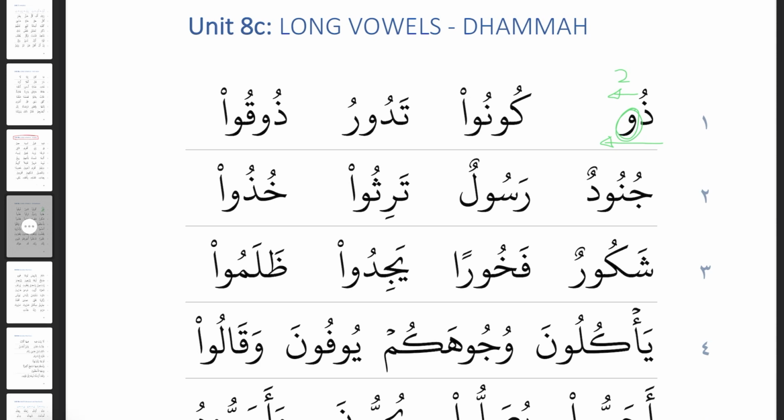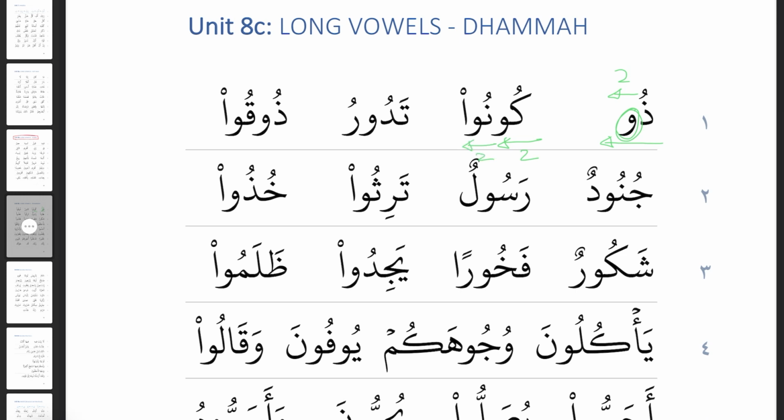So I think you'll pick this up pretty quickly, but let's go through the page, and all this practice hopefully should make it a very certain concept for you once we finish the page. So we have a kaf with a Dhamma and a wow with nothing on. So this gives us our 2 count stretch. So we have ku, and again, the noon has a Dhamma and a wow with nothing on. So this gives us a 2 count stretch. Nu. So the whole of that word, if we just take off those markings, is ku,